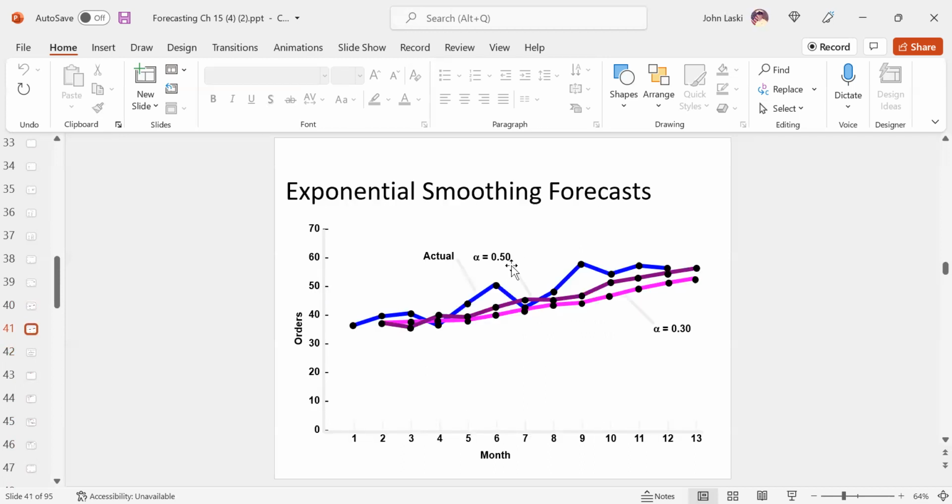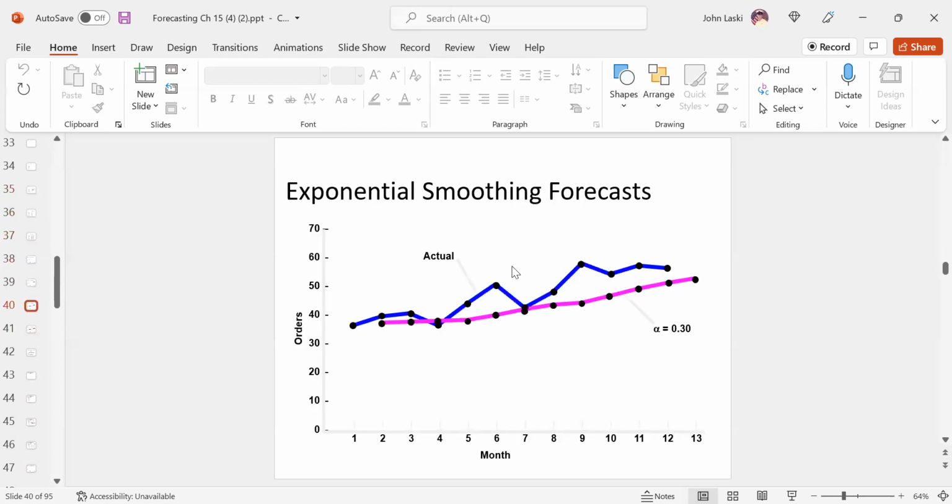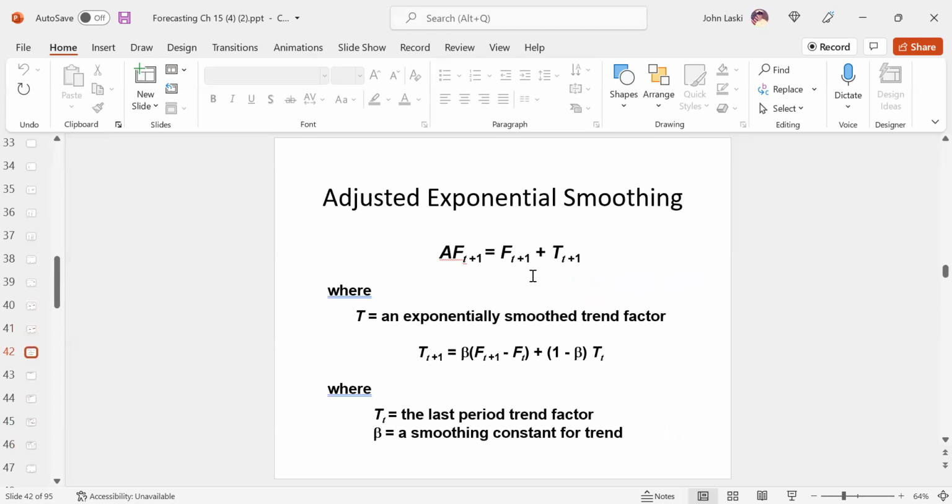And go back here, we just learned how to do that. That's all this stuff. So we learned how to generate those forecasts. It's the forecast for the next period, only now we're going to add to that forecast the underlying,